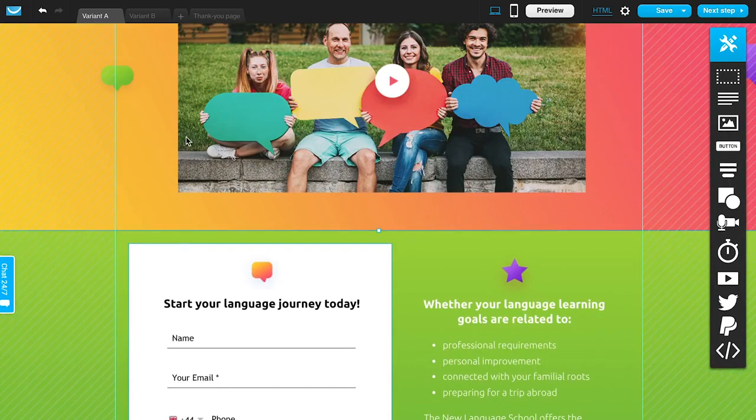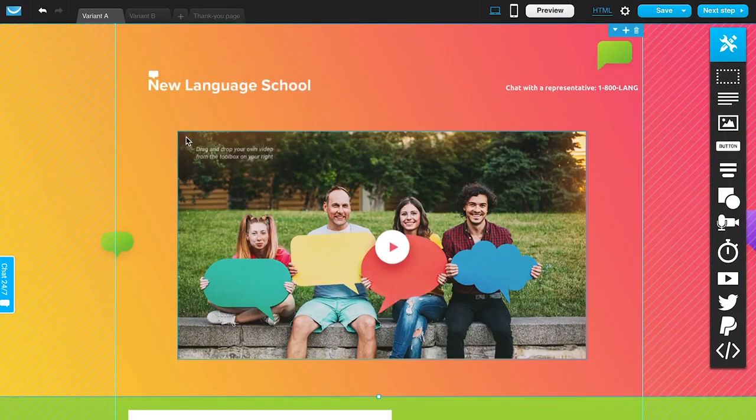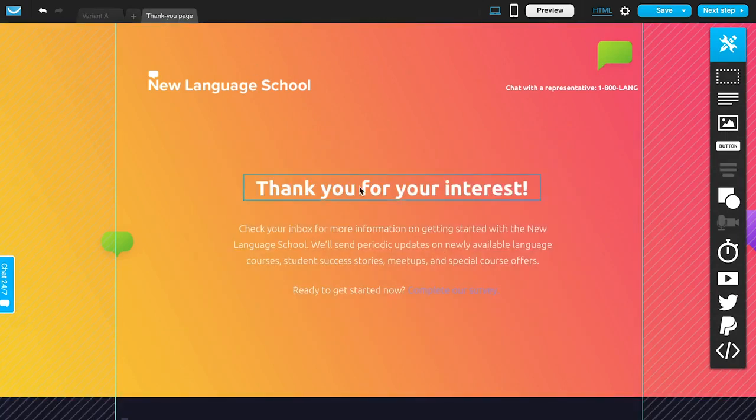And so you can play around with the different variations of your page to see what's working best, but then you can also just delete this variation if you don't actually need it in this example. And then thank you page is, again, what people are going to see whenever they submit the form. So if you want people to go to this view after they sign up rather than a different URL on your website, make sure you customize this as well, for what it is that you want people to see. So, uploading your own logo, updating all of this template information,